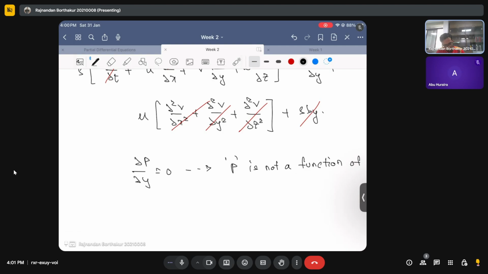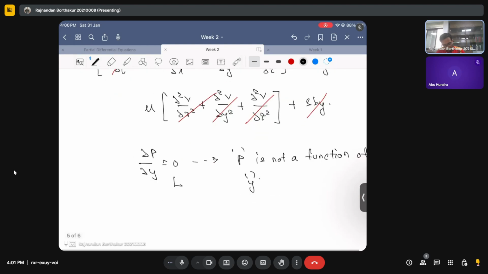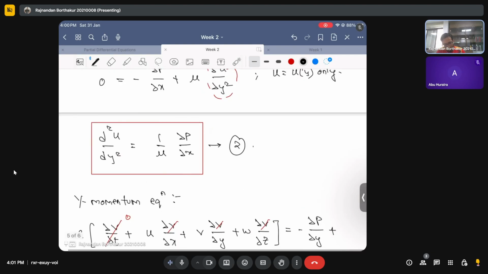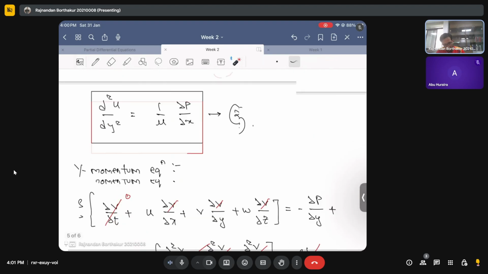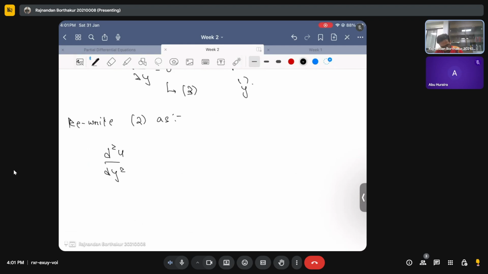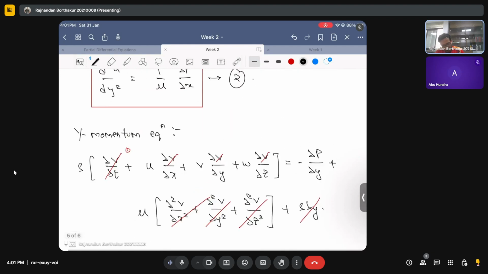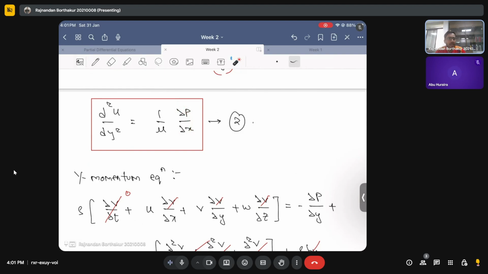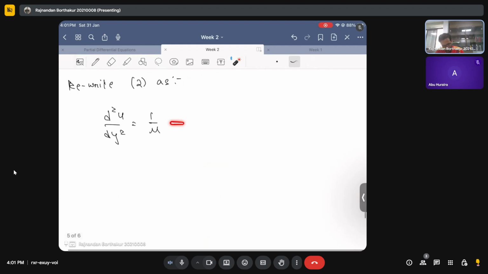of y. Okay, so maybe I'll name this as equation 3, because 2 was the other one. Now if we invoke this information into equation 2, I can then rewrite equation 2. So what do we get? We get d2u by dy2 equal to 1 upon mu. Now, since I know that my p cannot be a function of y, it can at most be a function of x, so then this becomes